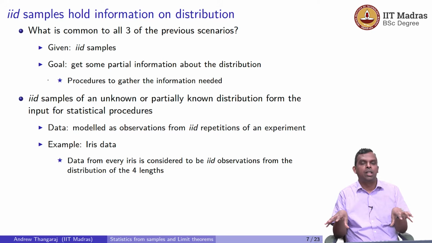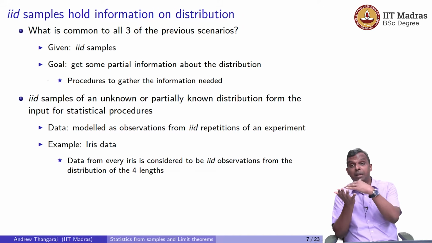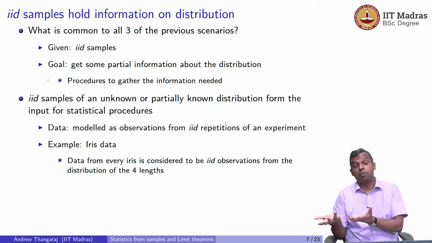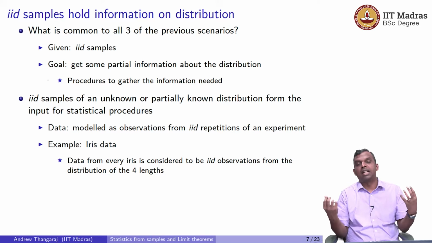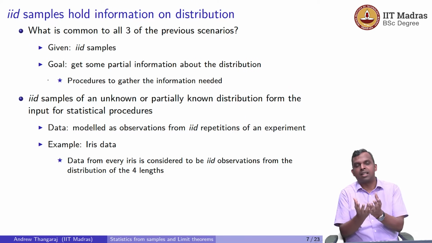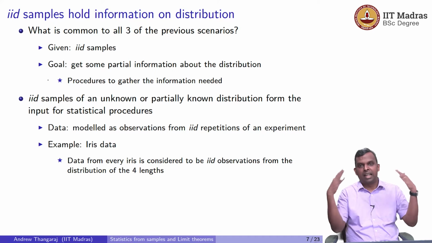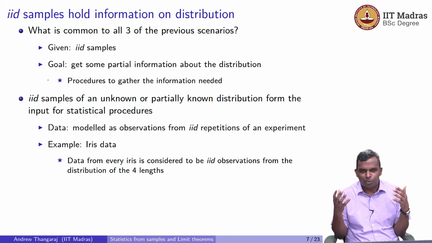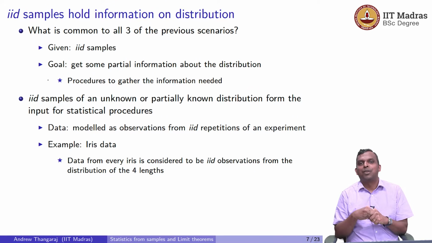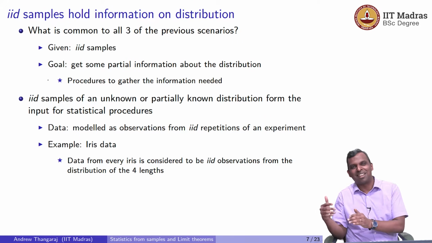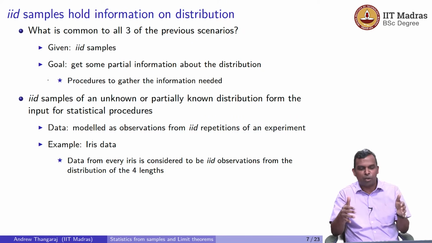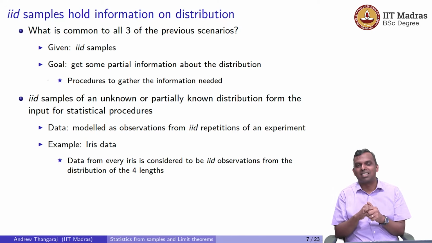Okay, so if you want to model that natural process by which the iris flower blooms and its petals form and the length and the width of the petals and sepals, etc., you want to model that as a random statistical phenomenon and study it, you should look at enough independent and identical occurrences of that in nature, measure, get the data, and then try and glean some statistic from it. Okay, so it's sort of easy if you just think about it, but you have to now do a model and then do calculations, and all of that will enter the picture, probability will enter the picture, but that's the underlying situation. So keep this kind of an iris in your mind when somebody describes a statistical process to you,